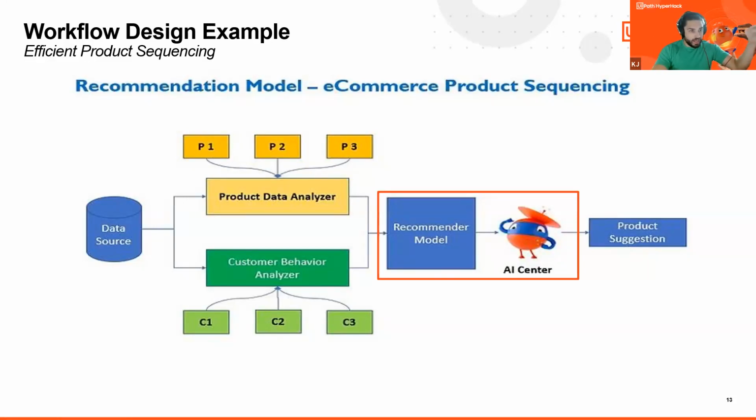So I think of it as an activity as part of the automation that has some artificial intelligence lens to it. It could be anything you decide: natural language processing, sentiment analysis, machine learning, the whole nine. Then you do the automation with the product suggestion. So when you're looking at automation, that's a way to think about it.